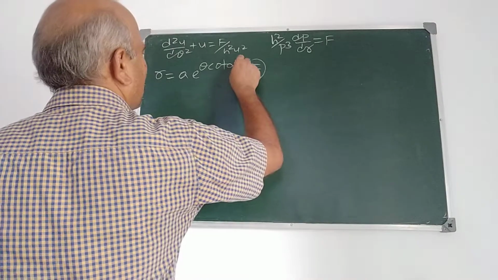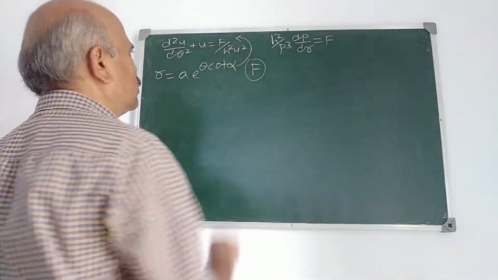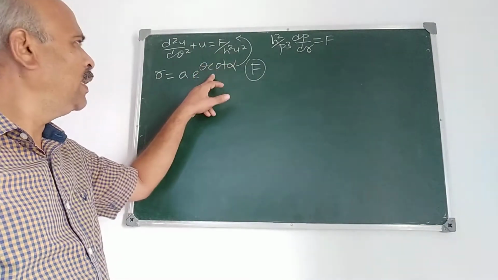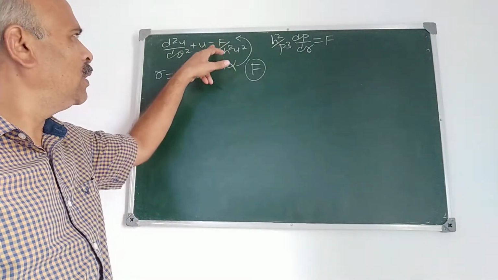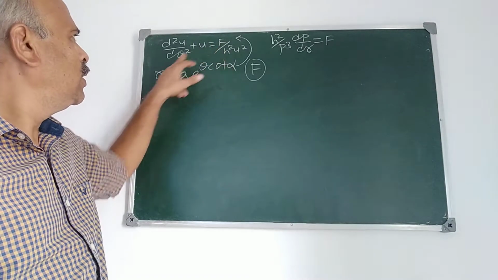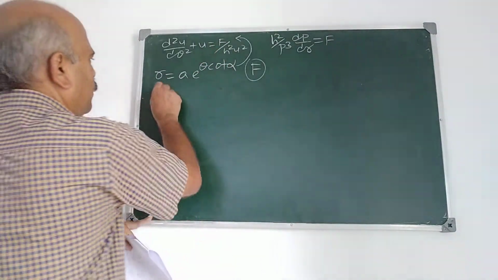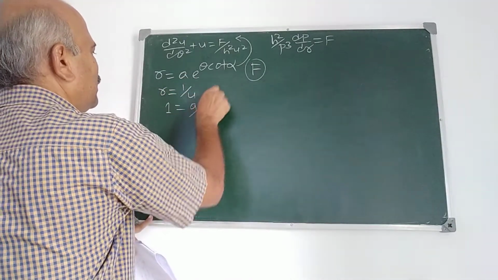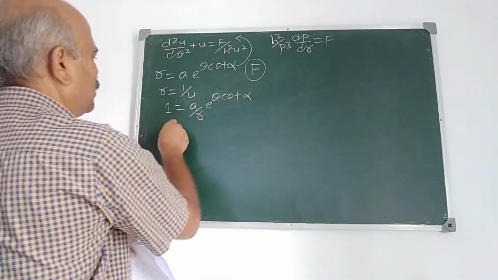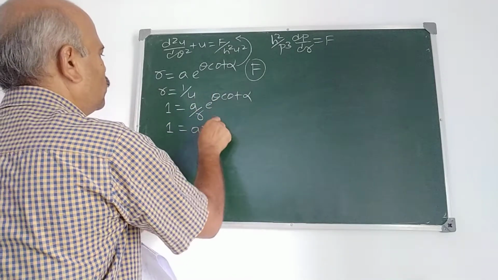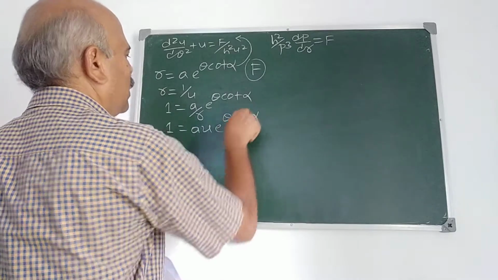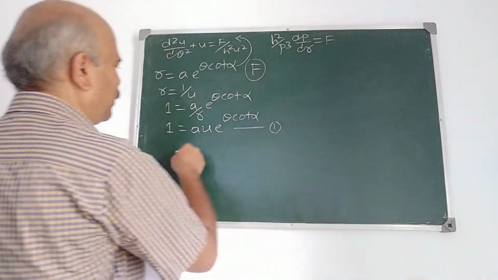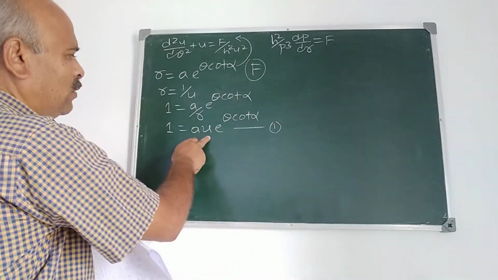See, the equation is given in polar form, so you have to use this differential equation of the central orbit to find the law of force. First, the important thing is we take r is equal to 1 upon u. So 1 is equal to a by r e raised to theta cot alpha. 1 is therefore a u e raised to theta cot alpha. This is the first thing here. Better take this as equation 1. We may refer to this as the given equation.